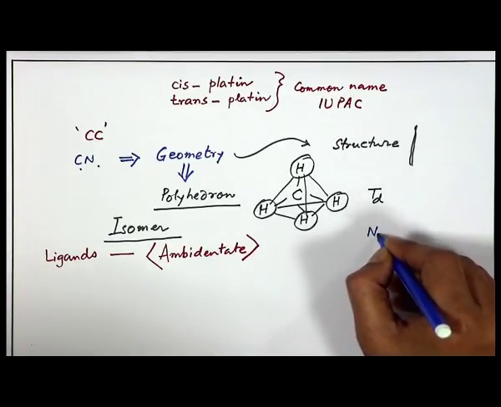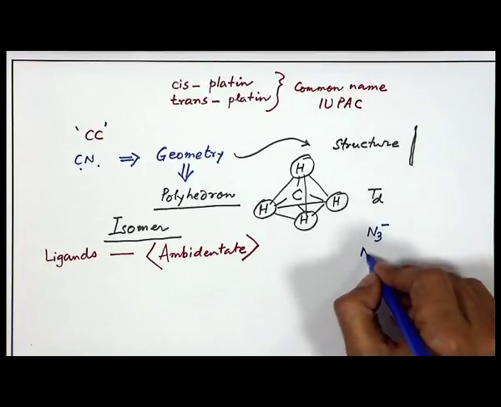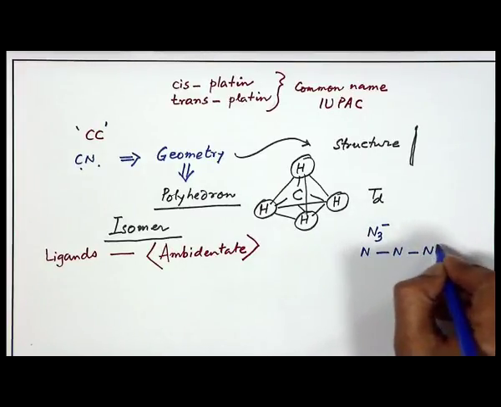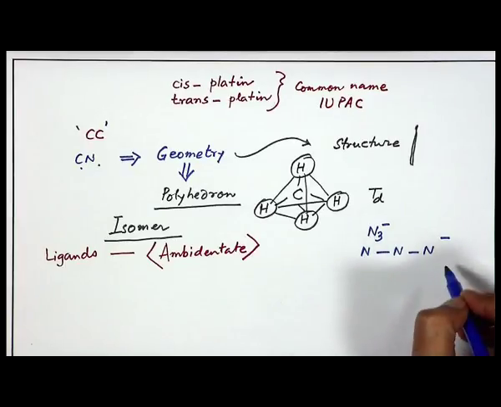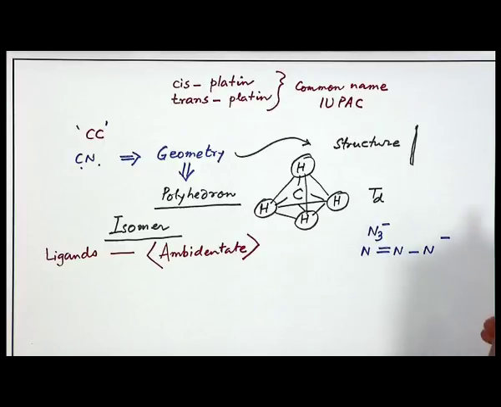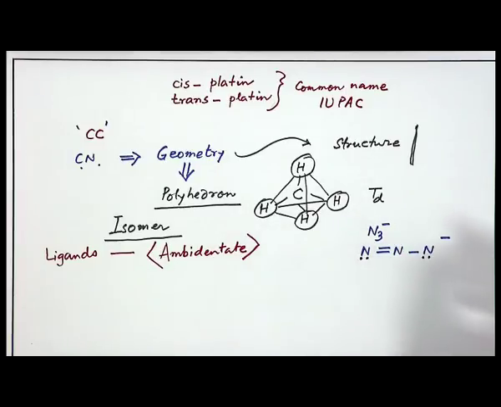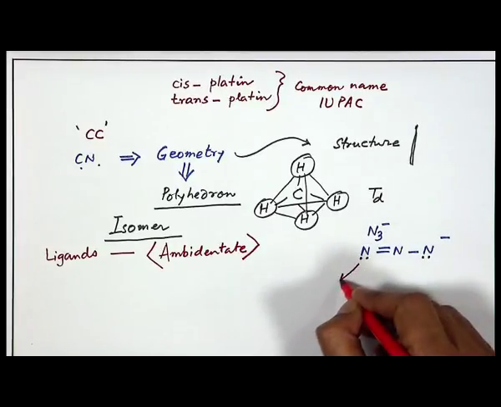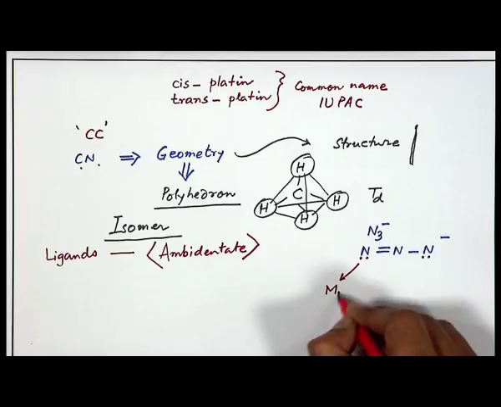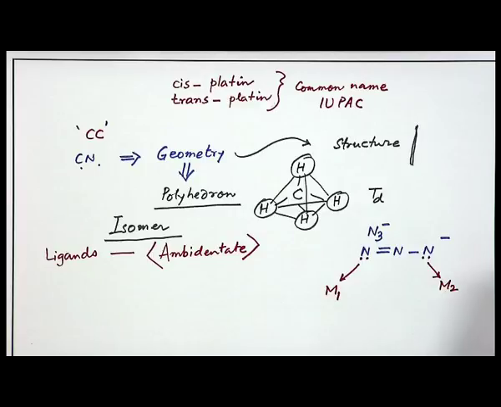One such example we can take first is N3 minus, which is the azide ion, and we know that is a triatomic anion. So, we have the connectivity of N, N, N and the charge, and you can draw the Lewis dot structure, and see how many bonds you get with that particular arrangement, and the number of lone pairs there. The lone pairs will be available from this nitrogen as well as this nitrogen. This nitrogen lone pair can be utilized to coordinate a bond to a metal, say M1. Similarly, this lone pair can be utilized for bonding to M2.